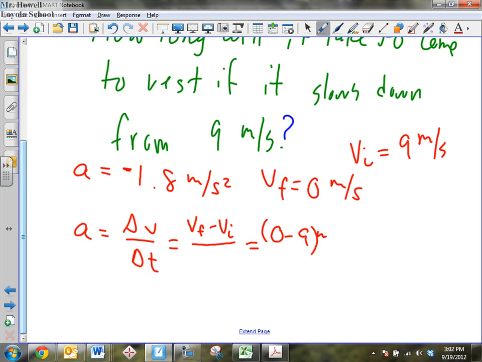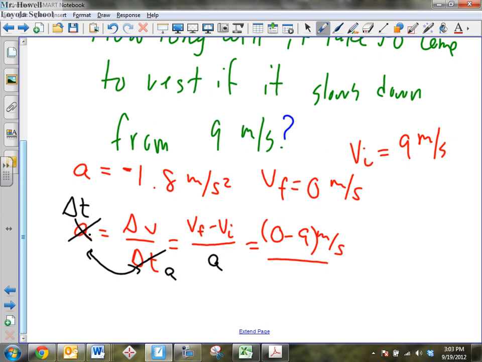Okay, and then the bottom is going to be? Do I know the time period? No, it's the question. We don't. So what do I have to do with these two values here, guys? Just flip them. Very good. So just switch the two of them. So we know the acceleration, so now we'll put the acceleration in the denominator. So our acceleration is down here now, and instead of acceleration here, our time period is here. Again, just flip them. Notice the acceleration, wasn't it negative?